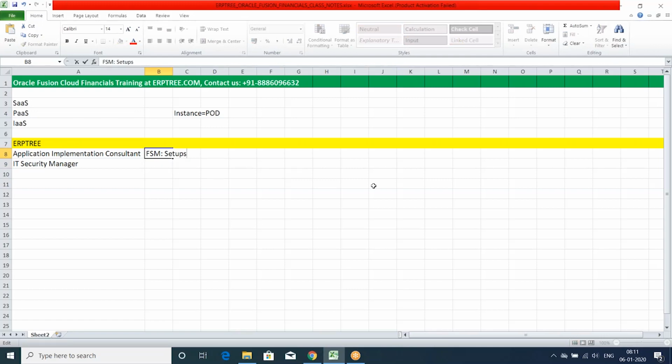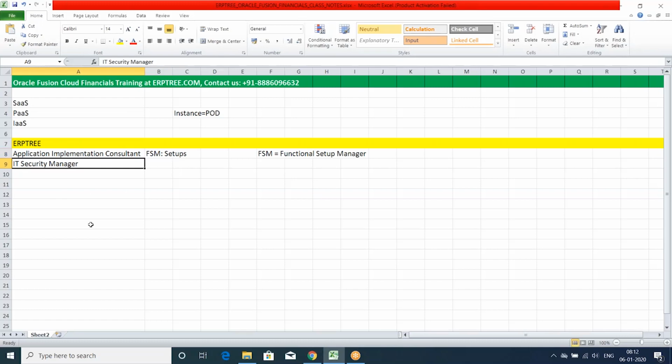What does FSM mean? FSM stands for Functional Setup Manager. With the help of Functional Setup Manager, we can do any application related configuration.